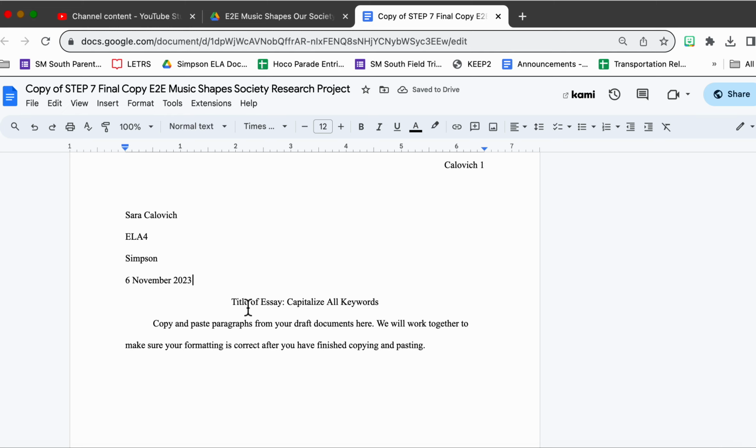I need to give my essay a title that describes what the essay will be about. I don't want to leave it saying "title of essay, capitalize all keywords," although I do want to put a title here and I do want to capitalize the keywords. So my essay was about the impact of Rihanna and Eminem's song, Love the Way You Lie, on adolescent perceptions of domestic violence. So I probably want to put something that tells people that's what this essay is going to be about. So I can put the impact of Love the Way You Lie on adolescent